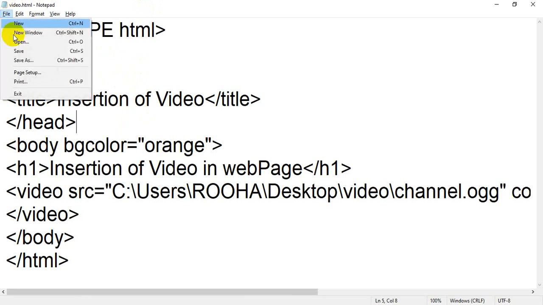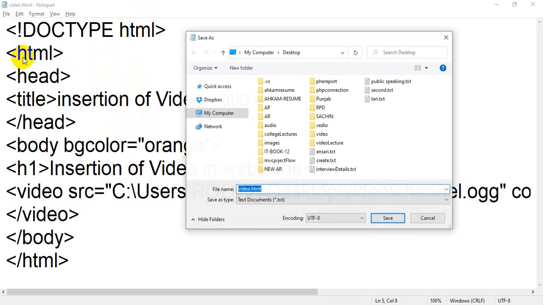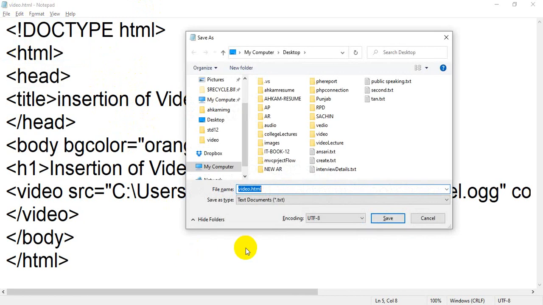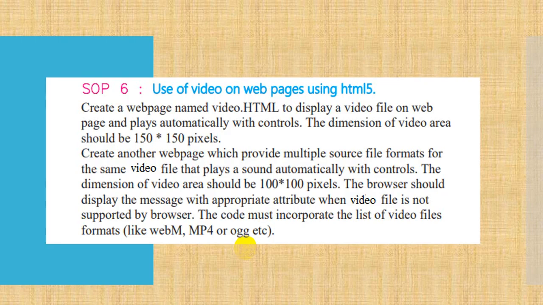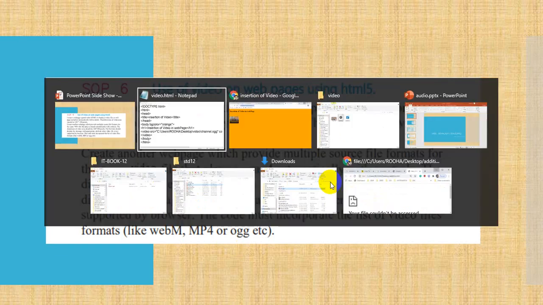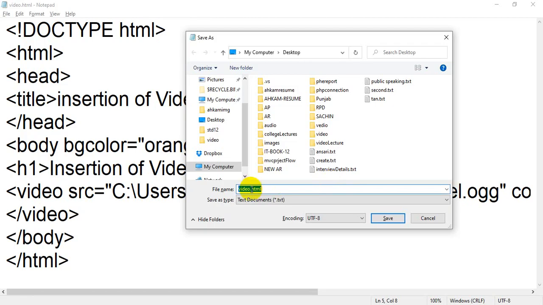Let me click Save As, and check what name is expected. In the second section, create another page which provides multiple source file formats for the video. The name is not given, so you can assign any name. I can assign video second .html.